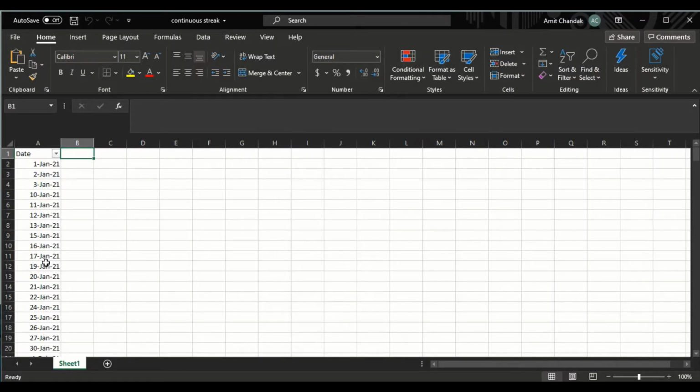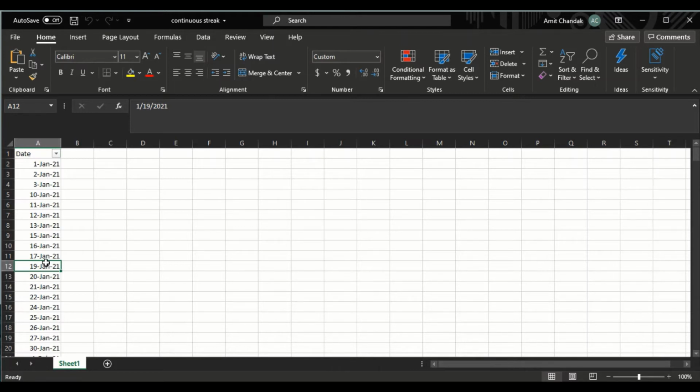So what happens when you have been given a series of data, and this is just one example. I'll give my blogs on two other very similar examples. You have a continuous set of dates. Now these dates have certain jumps. Like you see, there are 3 dates, then there is a jump, then again there are 3-4 dates which are continuous, then there is a jump, then again 2-3 dates are continuous. So there are continuous streaks which are available: 3 days, 4 days, 5 days, 7 days or 10 days. And this is a day gap. We are going to do it for day gap.